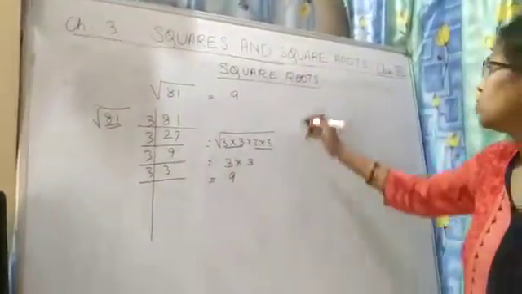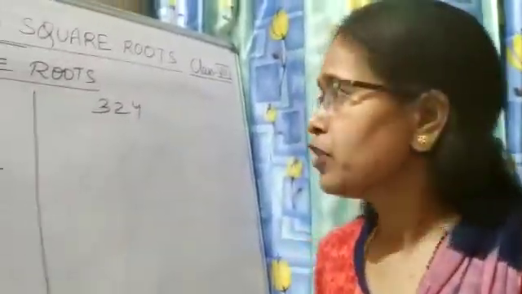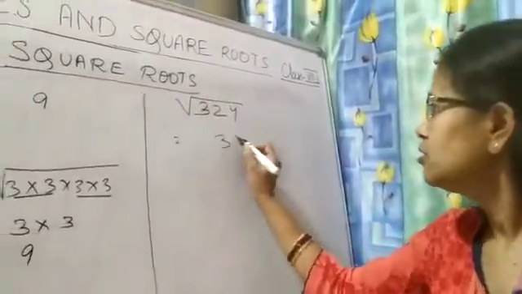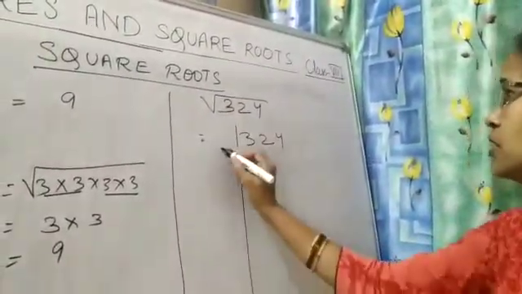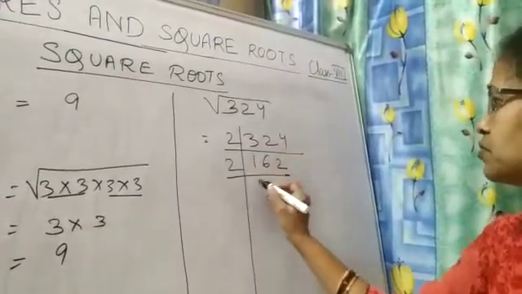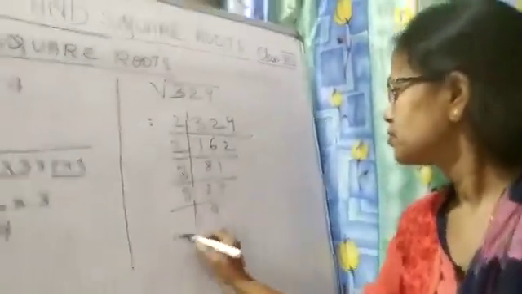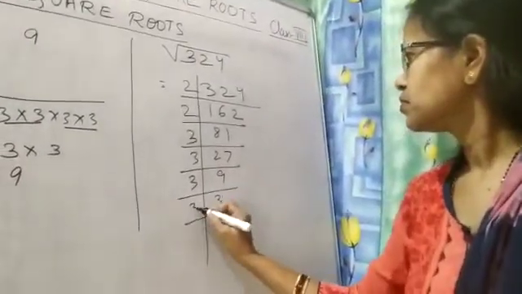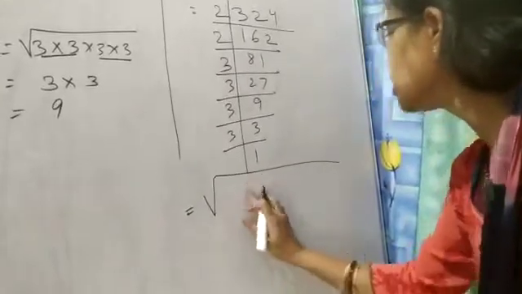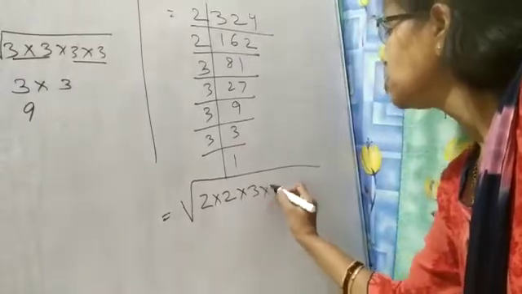One more example I am explaining to you. Find the square root of 324. How will you find it? We will write the square root in this way. Again, by the prime factorization method, find the prime factors. Then write all the numbers you get from the prime factorization inside the square root